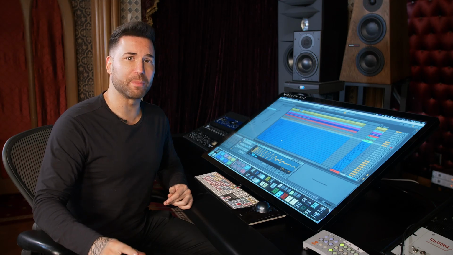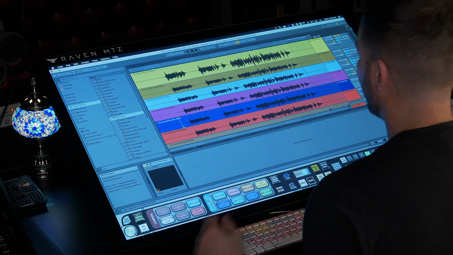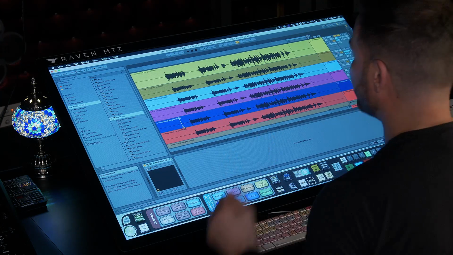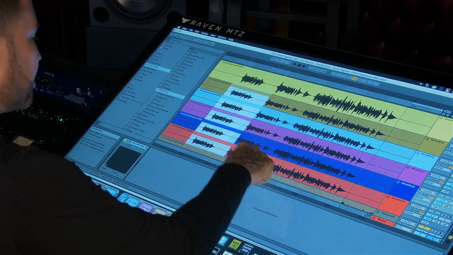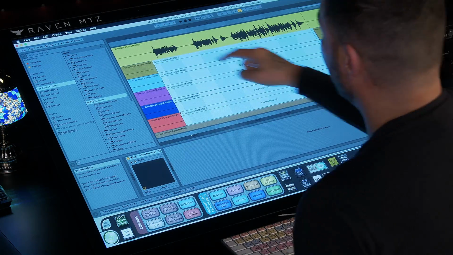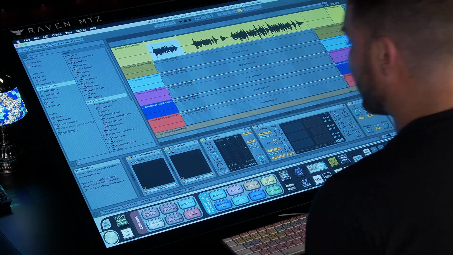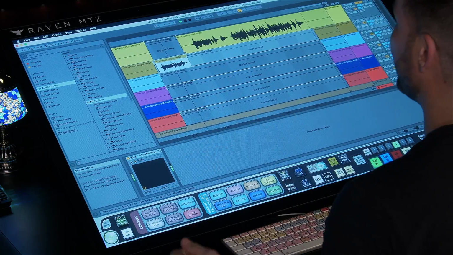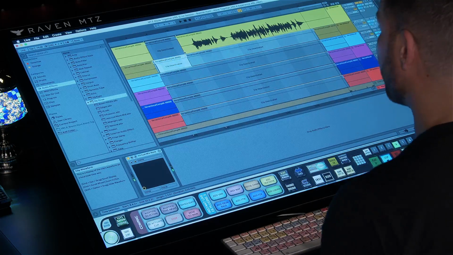Now let me show you how batch commands can help you comp a vocal in Ableton. Okay, let's use some batch commands to comp the perfect vocal take. So I have all of my vocal takes on the screen. I'm going to select all the secondary takes. I'm going to hit the deactivate clip batch command button. I'll select my first phrase, and then I'll hit the audition take below. That's going to scroll to the next track, activate it, and audition it. I can hit it again to go to the next take,